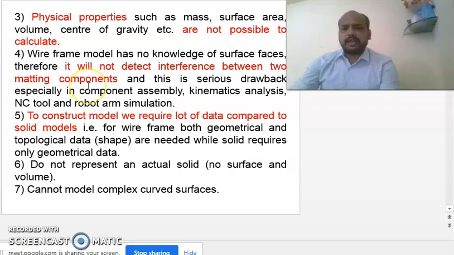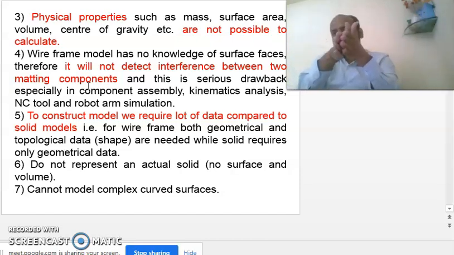Now another disadvantage is that physical properties such as mass, surface area, volume, center of gravity, etc. are not possible to calculate. Then the wireframe model has no knowledge of surface faces, therefore it will not detect the interface between two mating components. This is also a disadvantage, because if there is one object here and there is another object, the common surface in between these two objects you cannot determine.